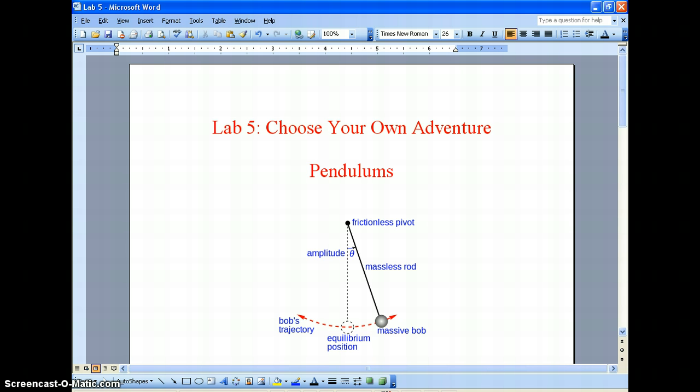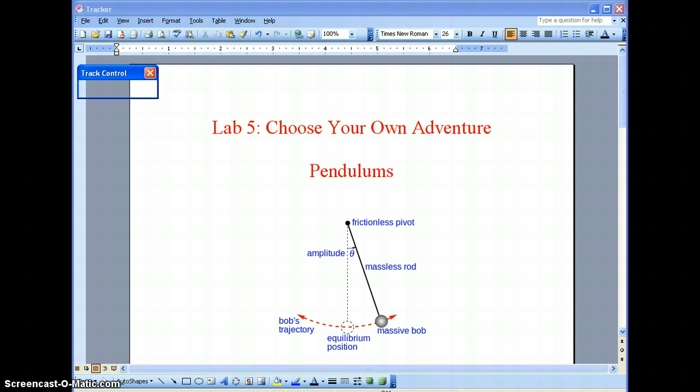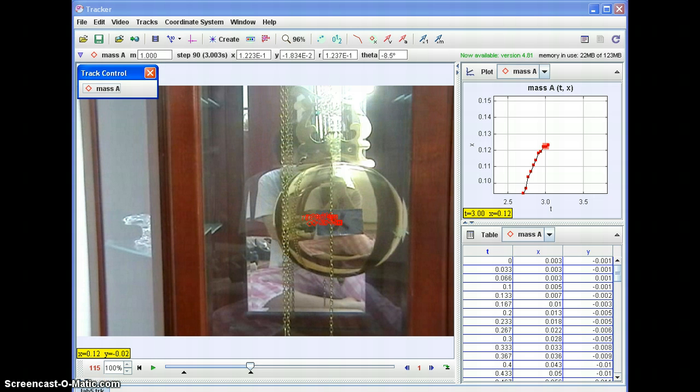In this lab, we will look at the motion of a grandfather clock's pendulum. I uploaded a video of a pendulum to Tracker of a grandfather clock. And I placed a piece of tape on the bob to help me choose accurate and precise points of mass